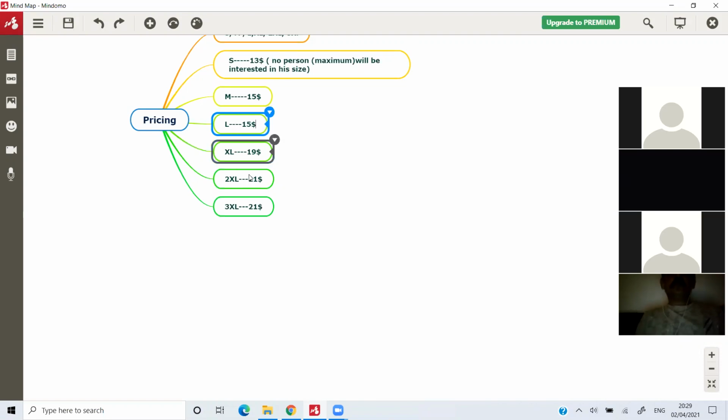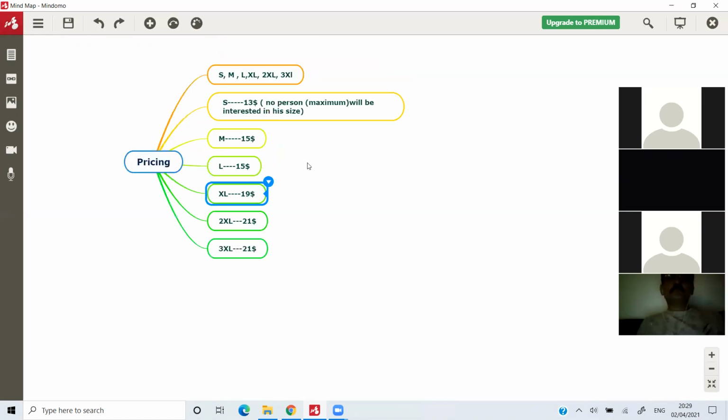These are the three areas where people are much more interested in getting it. So S, $13. The maximum number of people will not go for S. M, some sales will come, but the maximum number of sales will come for L, XL, and 2XL. So in your marketing, say that I'm selling a t-shirt for $13, so that people will come and check your web page. The maximum number of people will not go for S. They go for L, XL, and 2XL, where you make a good number of profits.